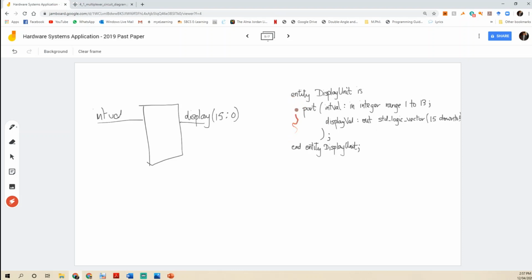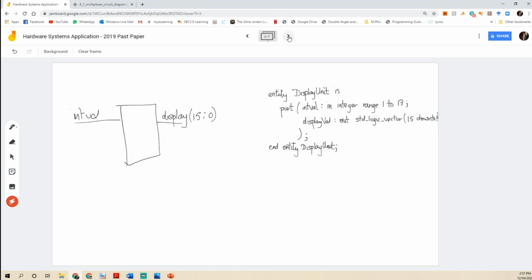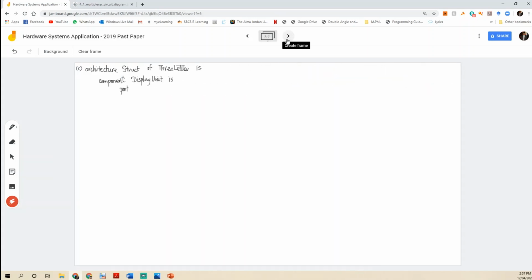put the port names again, right? So we need to write over these port names here, and it's just like an entity declaration, except we replace the word entity with component. Okay, so component display unit is, I'm just going to write my ports are int val and display val, right? So port int val is my input of type integer,